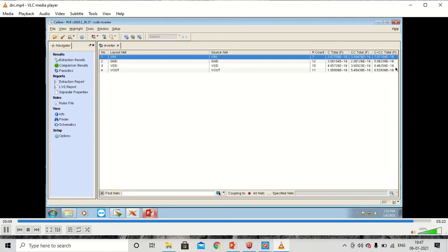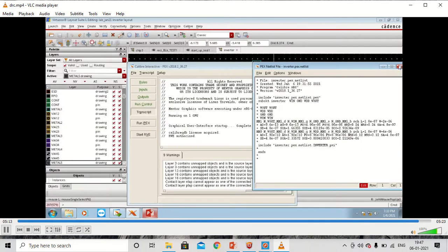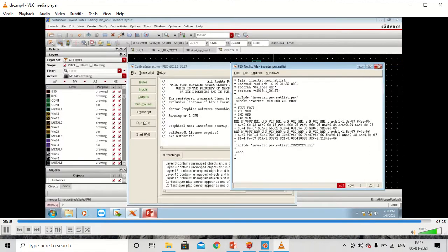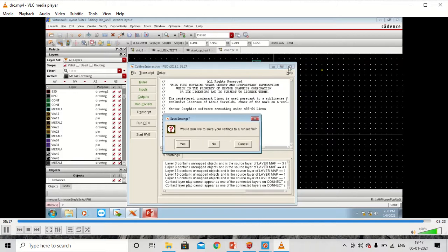So this is the parasitic simulation, and so we have done the DRC, LVS and PEX for the inverter layout. These are the parasitic simulations or the post layout simulations that you need to perform.